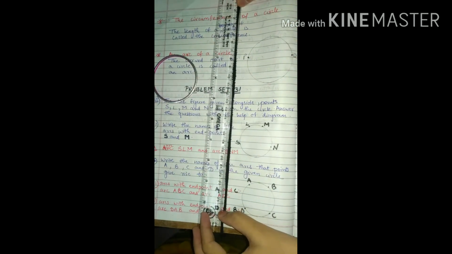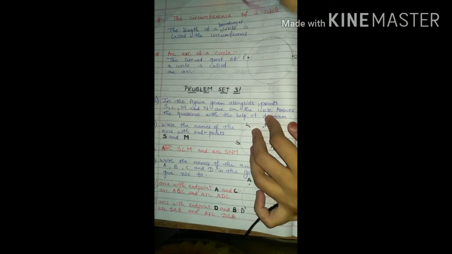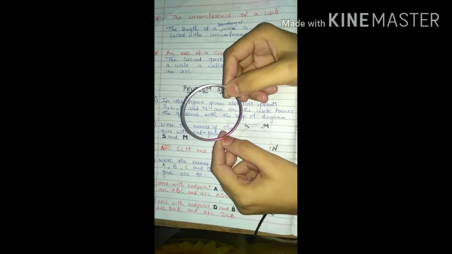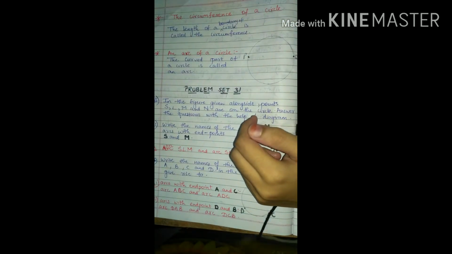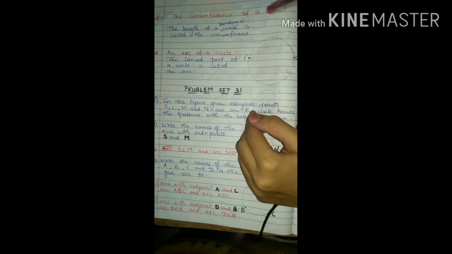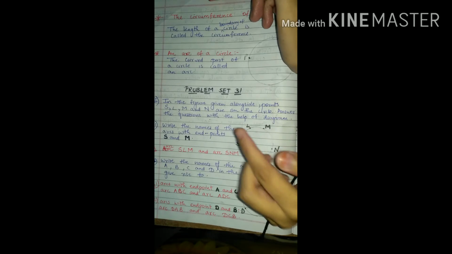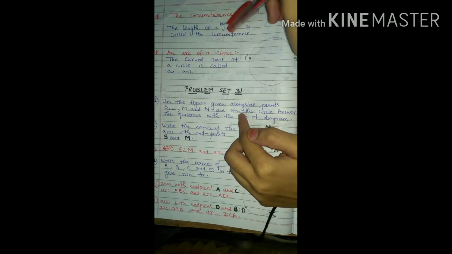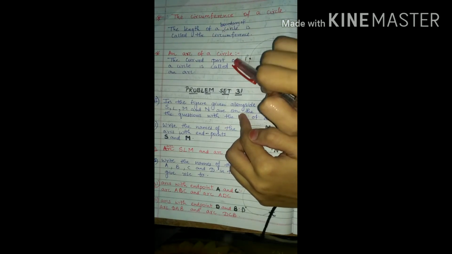So the length of the circle is how much? 27 centimeter. So the circumference of this bangle is 27 centimeter. Now in this manner you have to measure the circumference of the circle. You can take small things which are in circular shape, and you can take a thread, and the way I did that, in that way you have to find the circumference of the circle.